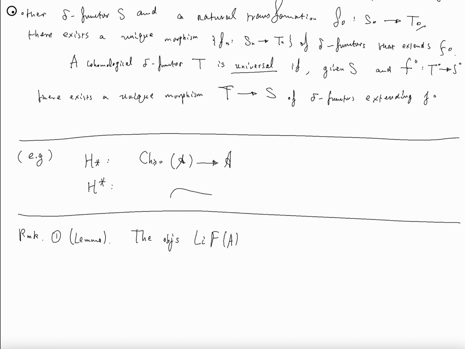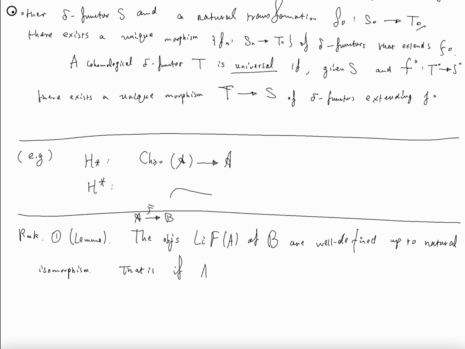So L_i F, the left derived functor of F, where F is from A to B, is well-defined up to natural isomorphism. That is,